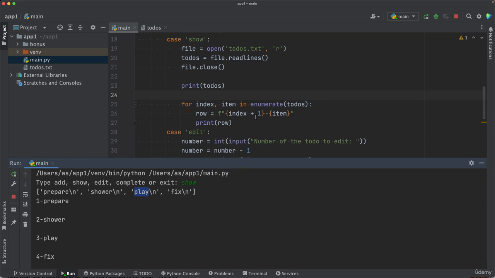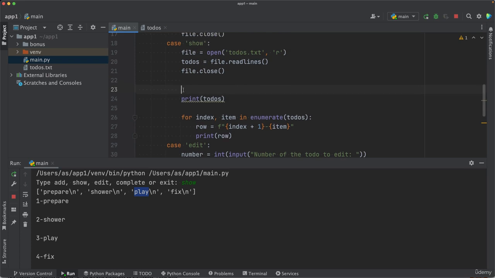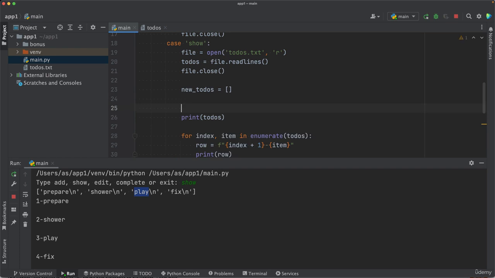There are two solutions for this actually. One is for loops and one is list comprehensions, and we're going to go through both. So let's first start with for loops. That's the existing list, but what I'll do is I'll create a new list here. So in the same indentation level, let's say new to-dos variable is equal to an empty list. And then what we do is